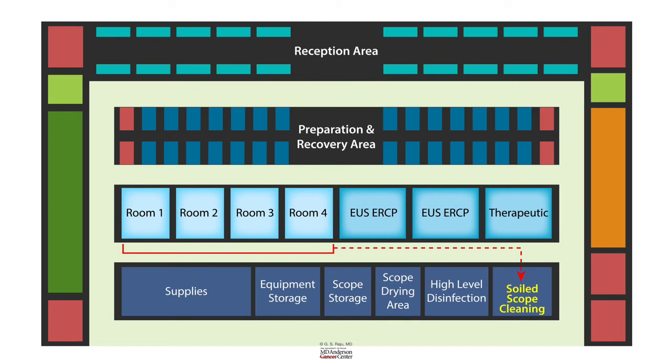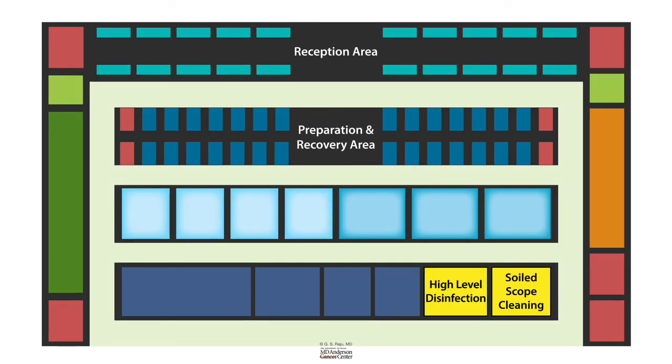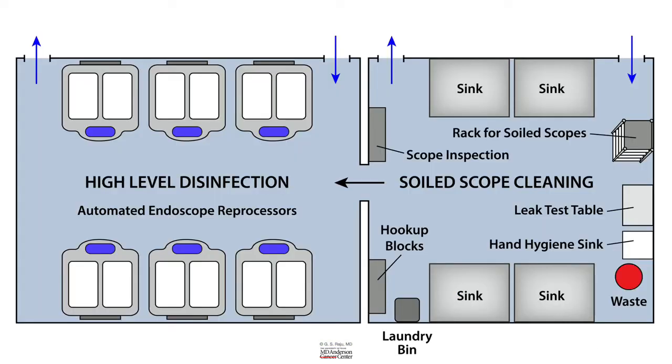From there, you bring the scope to the soiled scope cleaning area and high level disinfection area. So let us look at how a room is set up, the soiled scope cleaning room and high level disinfection room. As you can see here, there are one-way exits from one to the other, and in the soiled scope cleaning area you have a rack for the scope storage, a leak test table, hand hygiene sink, waste container, sinks, laundry bin, and hookup